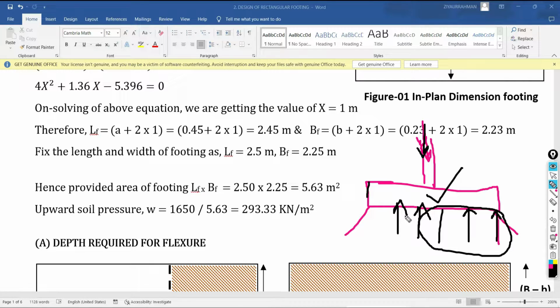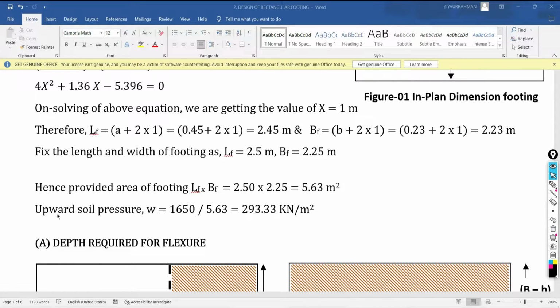This is a myth in our mind that we are designing the foundation to carry the load coming from the column. No, it is wrong. We are designing the foundation to maintain its stability against the upward soil pressure, that is going to be developed at the base of your foundation from the subsoil as a result of the application of loading. Try to understand.